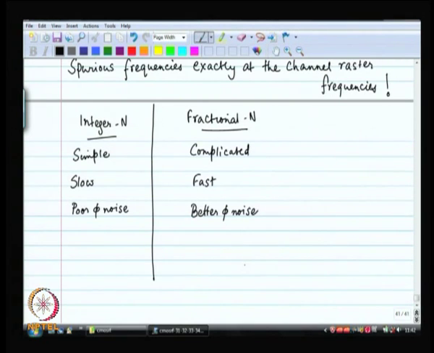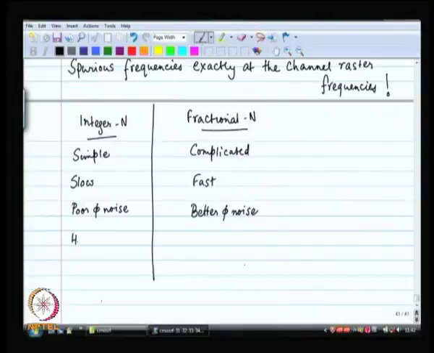Integer n has a lower loop bandwidth, which means that it can mimic the reference over a lower bandwidth. Fractional n has more loop bandwidth. So, the VCO phase noise requirements are less stringent. So, I am just writing it as a harder VCO and an easier VCO, because it has better phase noise. Right. Then